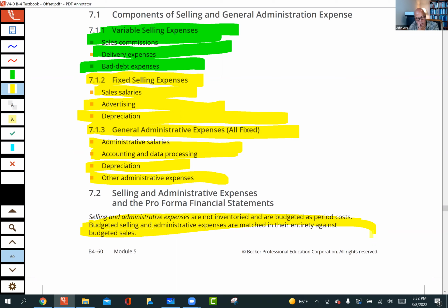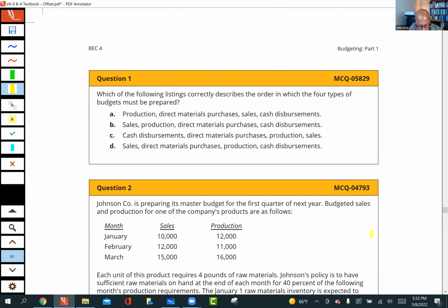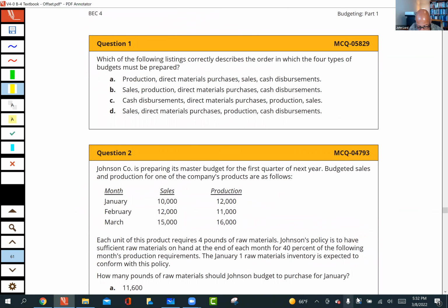Okay, but let's just go ahead at this point and start to take a look at a couple of multiple choice questions. And so here's our first one for tonight. I'm going to go ahead and launch the poll up for you. I'll give you a couple minutes with this one.